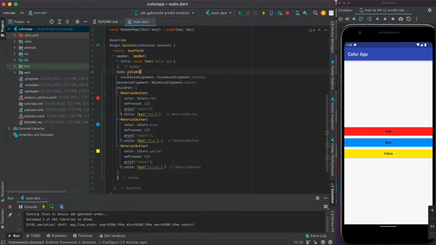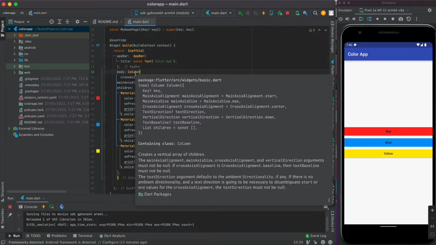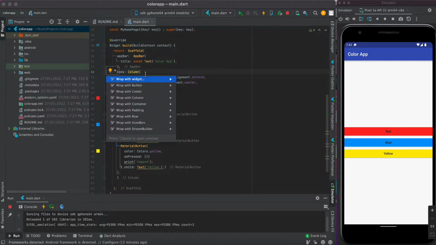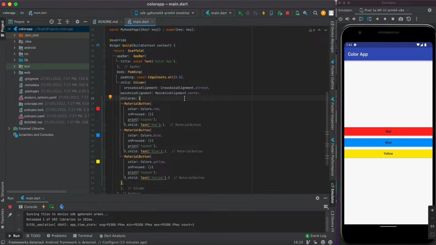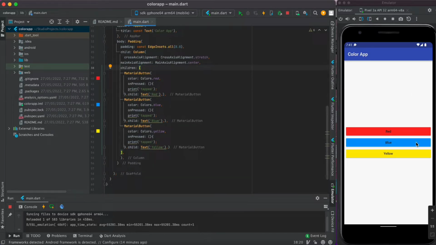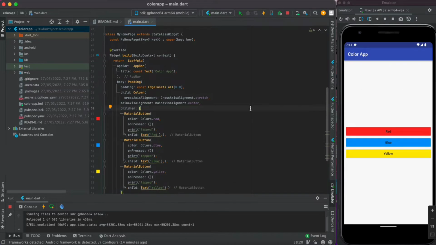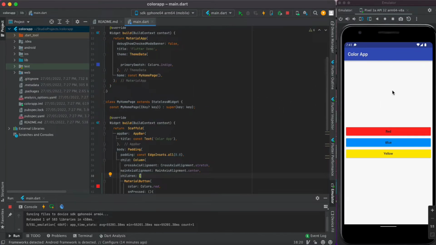But if I wrap the column widget with the padding widget, then that will solve our problem. So just wrap this column widget into the padding widget. Just save the project, and now you can see the padding has completely worked, and it is looking good. And now this page is completely ready,